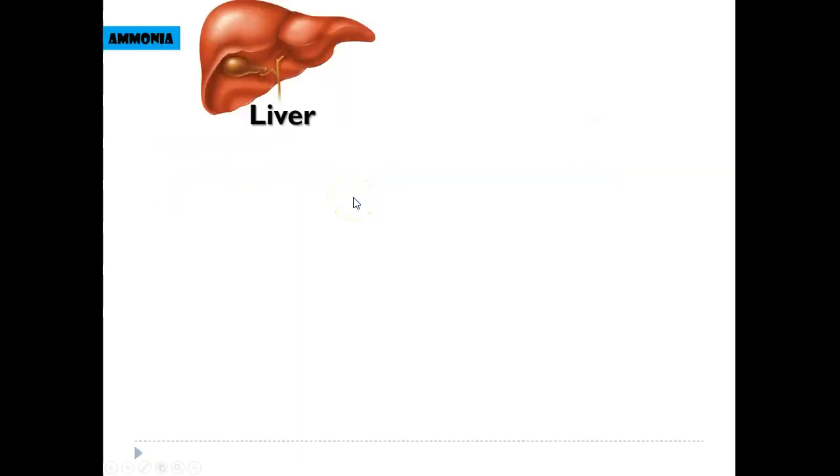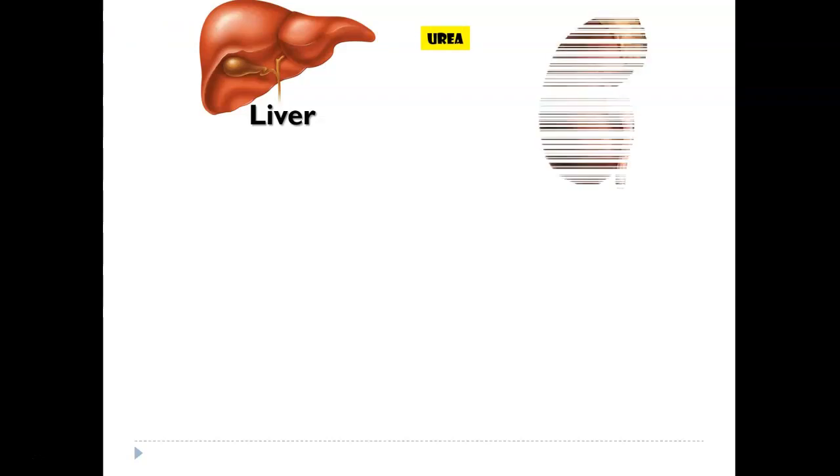So here's the process that happens. We have our ammonia, right? Our ammonia is the broken down proteins in our stomach. Ammonia is created, so ammonia goes inside the liver. Do you remember the liver is a very important part of the digestive system? Well, the liver is also a very important part of the excretory system. So let's start back over. The ammonia goes through the liver, which filters out the ammonia, and it creates urea. Yes, I said that right, urea.